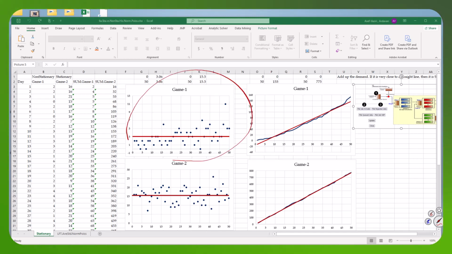This graph shows us the demand for Game 1. As you see here, all these data are below and then they go up. Therefore, there is a trend like this in this data. This is non-stationary. This is stationary. Game 2 is entirely stationary. Game 1, not in the first 70 days, not in the last 70 days, but for the rest of the